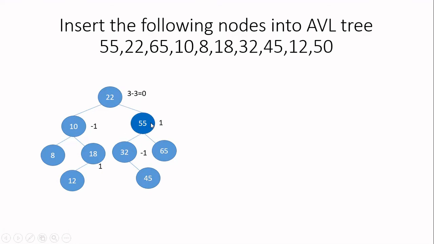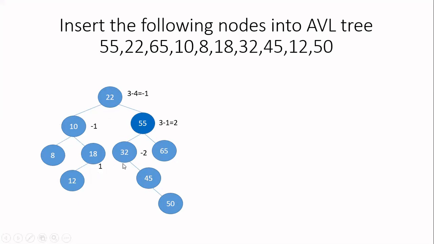Similarly, you can calculate for the other nodes. So I am getting balance factors in the allowed range, so no need for any rotation. So let me continue with the insertion of the next node. The next node is 50. 50 is greater than 22. Then compared with 55, it is less. So I'm coming to the left subtree. Comparing with 32, it is greater. I'm moving to the right subtree. Comparing with 45, it is greater. So I'm inserting here. And then you calculate the balance factor for all the nodes again.